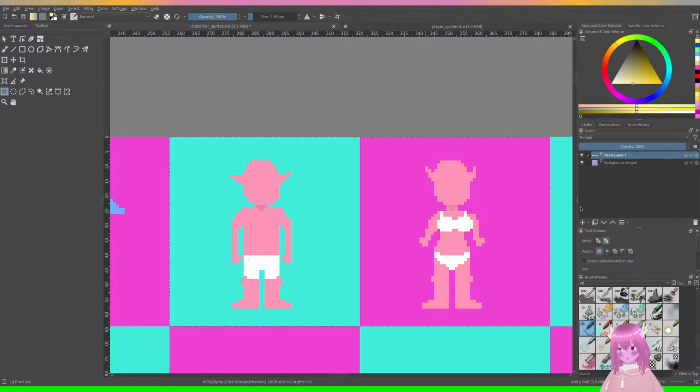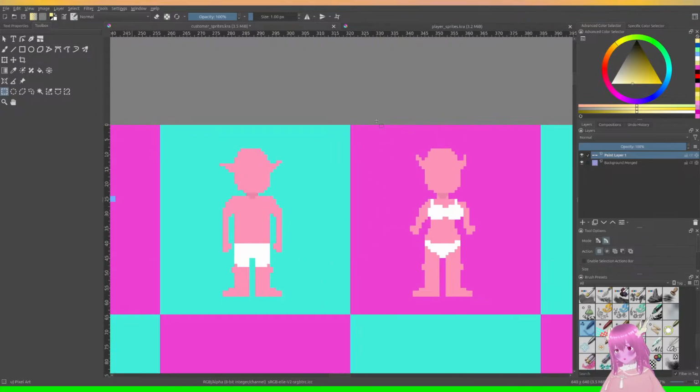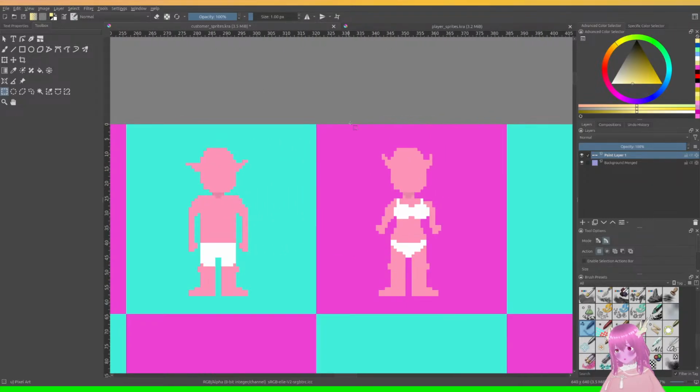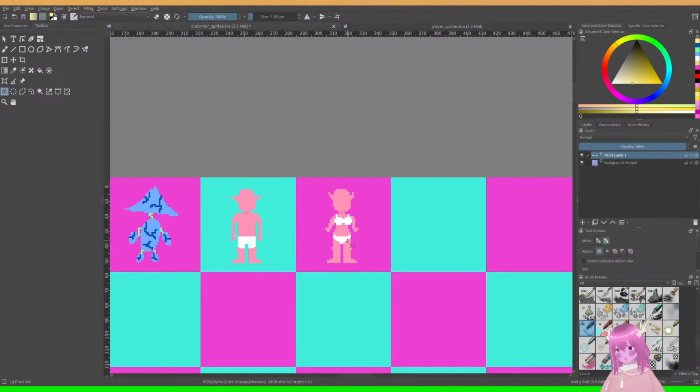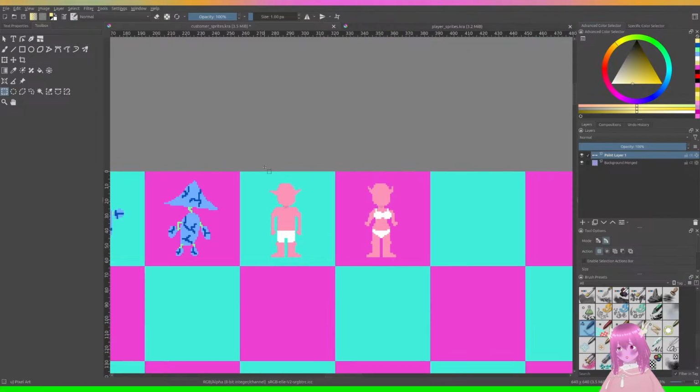Orcs will be red in this world. You know, they have the same exact size legs, but the woman looks like she has longer legs because the pants, the panties go up higher.